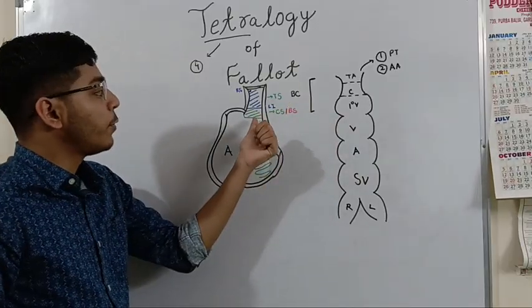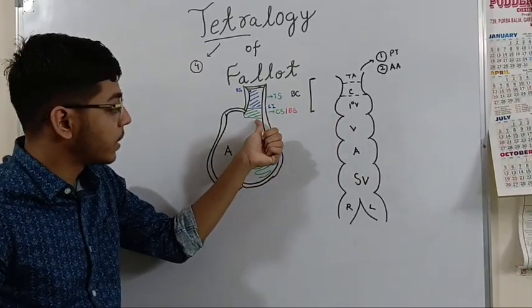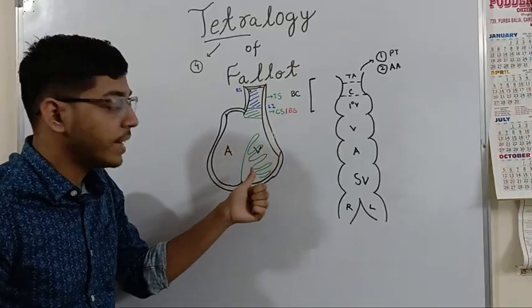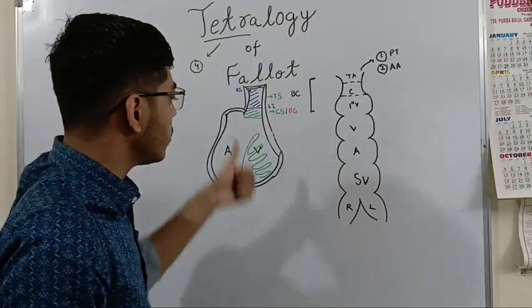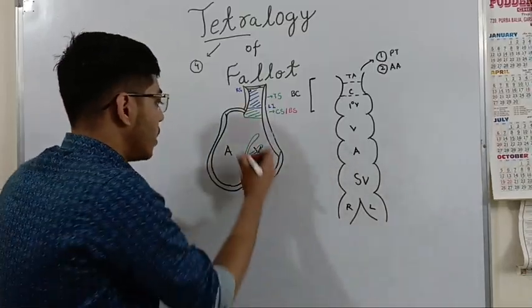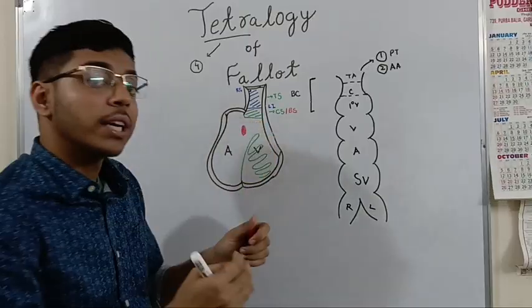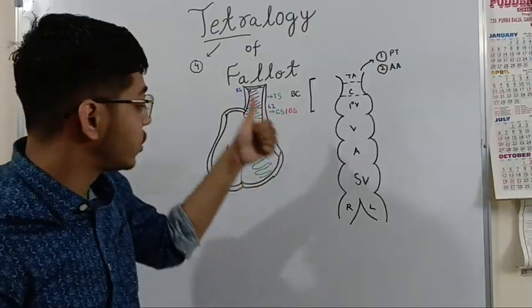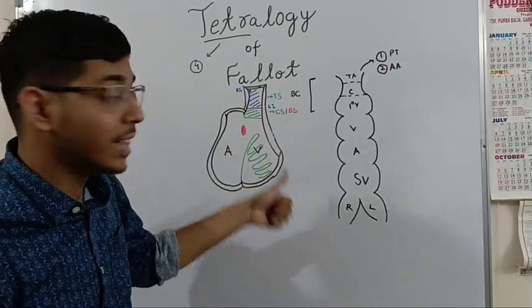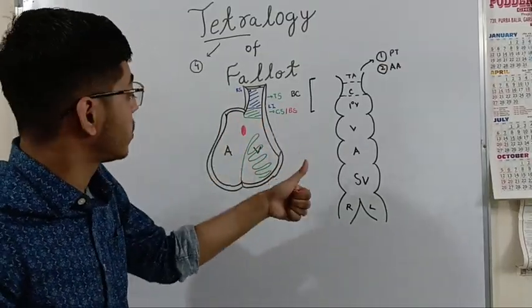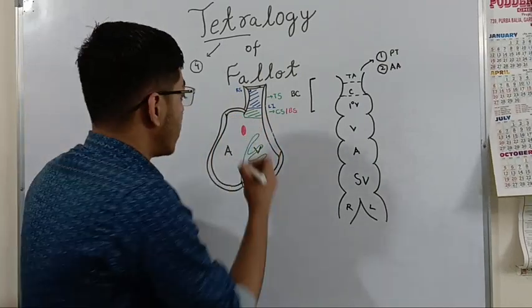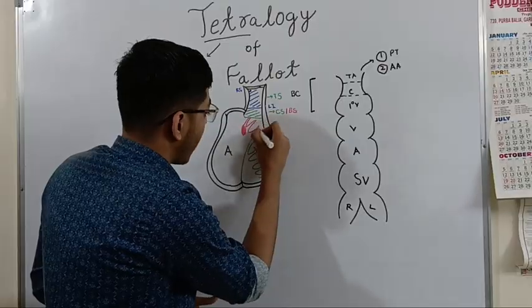There is a huge gap between the conal septum or the bulbar septum and the muscular part of the interventricular septum. So to fill this gap, here is the endocardial cushion, which is also known as the AV cushion, as it lies at the junction of the atria and the ventricle, and there is anterior proliferation of this endocardial cushion such that it fills the gap